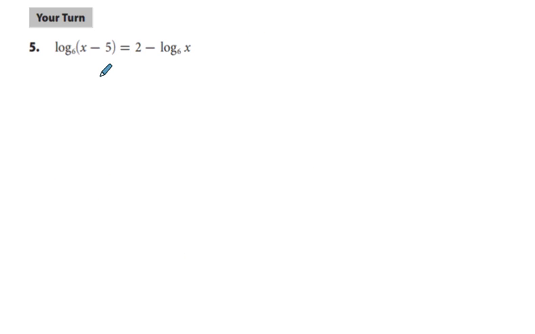Okay, here's another your turn, and I invite the viewer to pause the video and then play ahead to see if you got it right. Okay, so we have a logarithm right here, and what we're going to do is bring all the log base 6 stuff over to the left side. So if we add log base 6 of x to both sides,